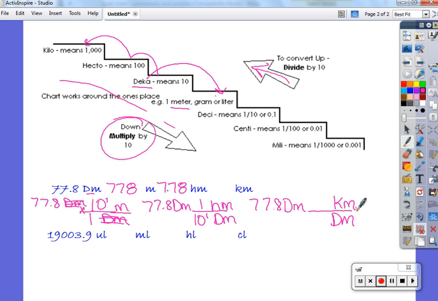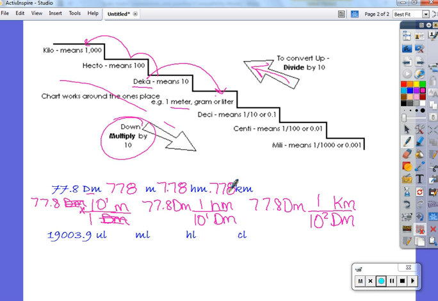Now Deca is smaller, okay? When you're moving towards the left, you're getting bigger. So Deca is smaller. So that means there's 10 squared, or 10 to the second power, essentially 100. There are 100 decameters in 1 kilometer. So now we're just going to divide by 10 to the second power. So that is going to be 0.778